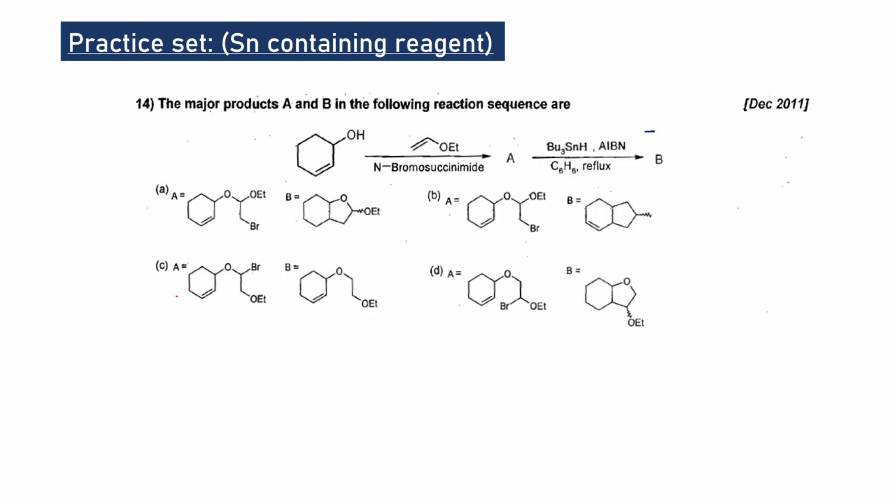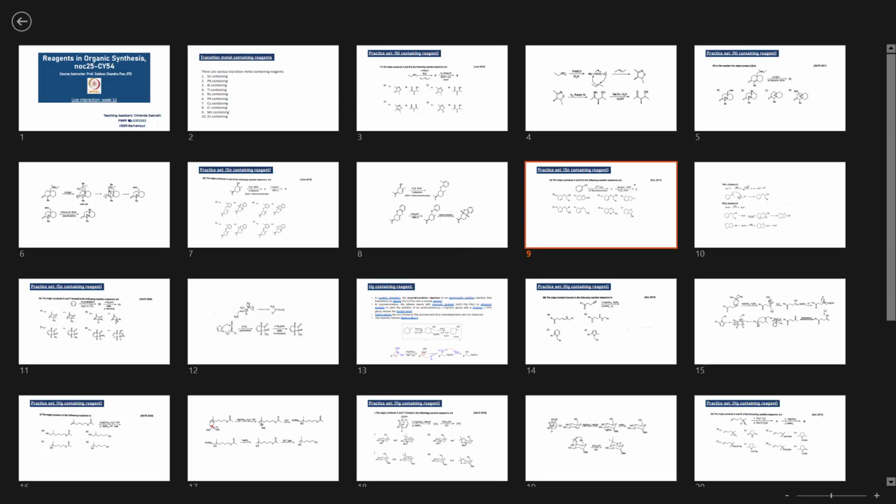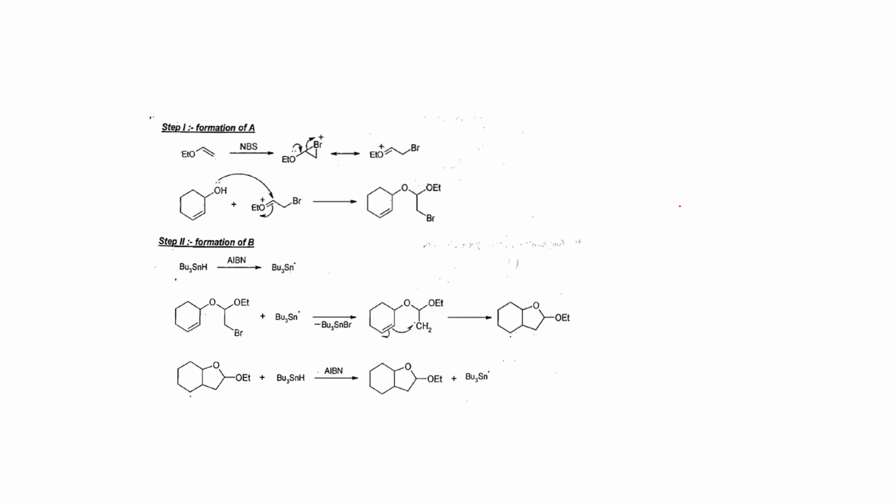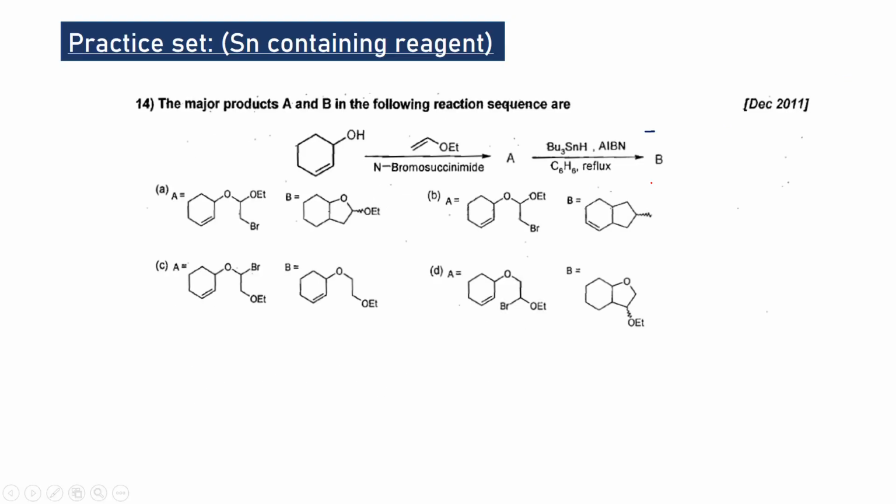What will be the major product A and B in the following reaction sequence? Whenever NBS is given and there is a double bond, there is a formation